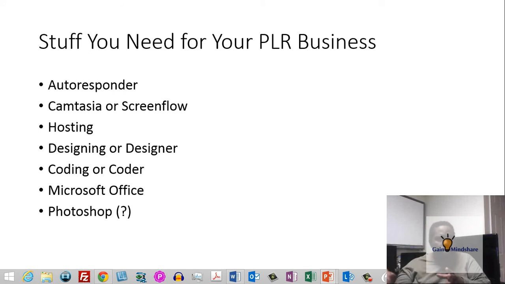And buying loopholes, right? Buying these other things is not going to help you, because you're going to miss opportunities if you've got to hunt around. If you're reading tutorials on the night of your product launch because you don't have Photoshop, you're trying to figure out how to use GIMP, or you're trying to figure out in a forum how to use this autoresponder that you got cheap, or you're trying to figure out, well, how does Cam Studio do this like Camtasia? I'm telling you, this is the stuff that's holding you back. And it contributes to shiny object syndrome, right? Because you keep having to buy these solutions that aren't going to help you, and they impede your ability to do business.